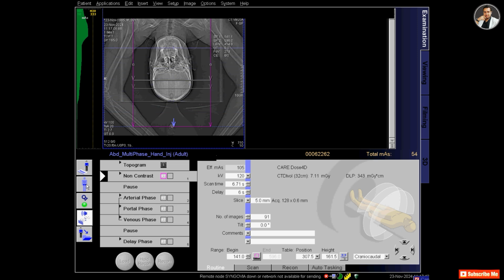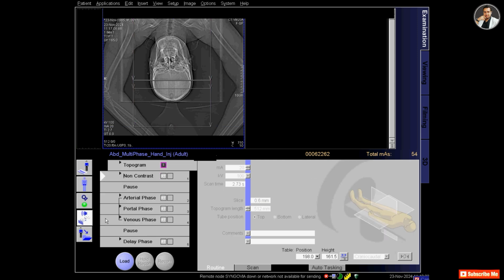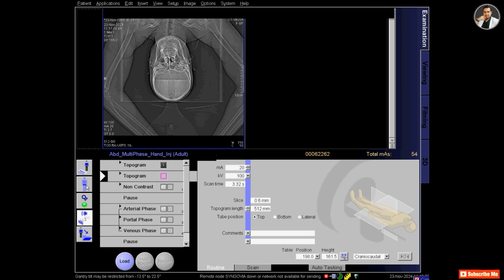So right now I am correcting it, positioning the patient again to the center at the mid chest. Yes, the patient is positioned again, and then I will repeat the topogram.